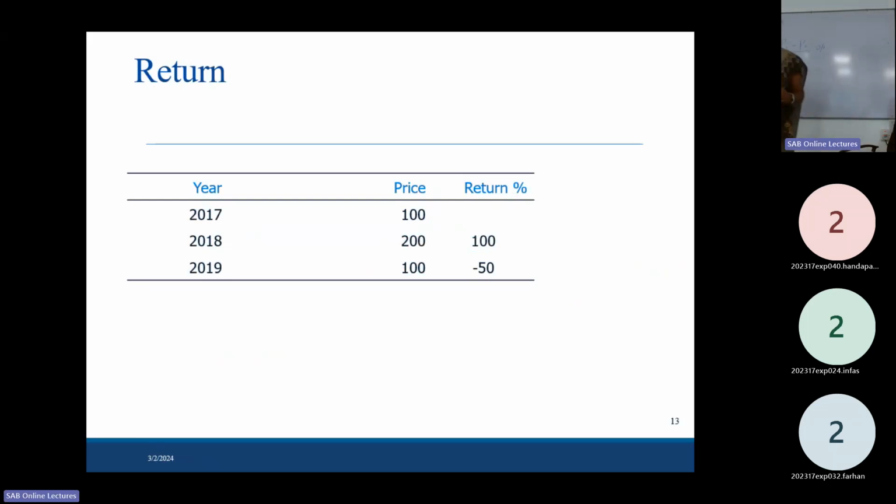Arithmetic average return and geometric average return. Any question? Do you have any question? Right. So R bar is equal,